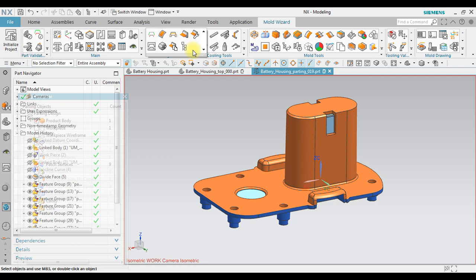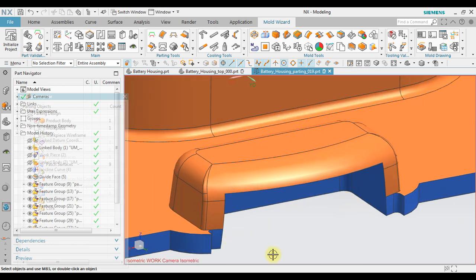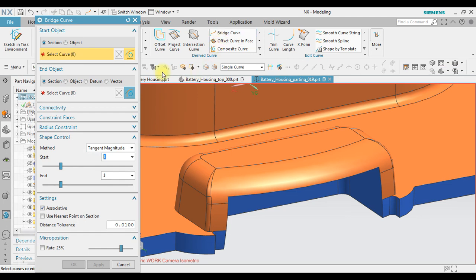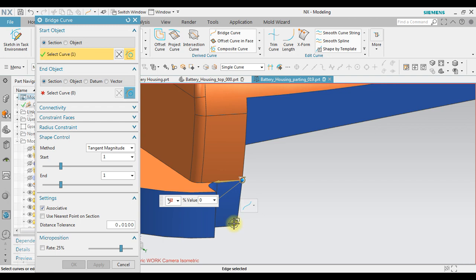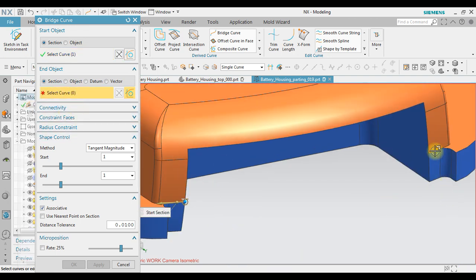Next, we will create additional patch surface in here and in here using edit patching and patch surface. Since we don't yet have any surface in here, we can use NX modeling. For example, in here we must create a bridge curve. We will create a curve between this edge to this edge.